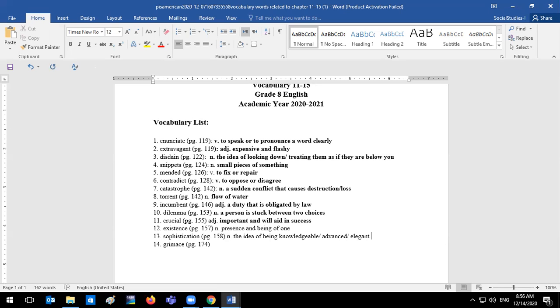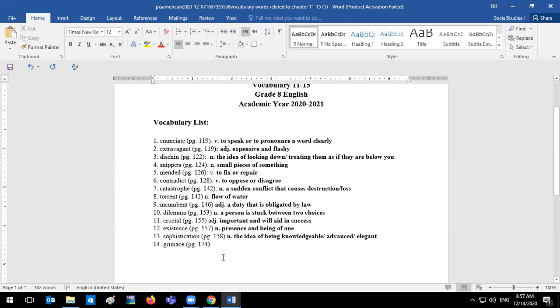Sophistication could refer to a person. It could even refer to non-living things. I've heard before devices or little technological pieces being called sophisticated devices. They're sophisticated devices because they are advanced. They have a lot of knowledge. A person is sophisticated when they are well educated, someone who works at a prestigious place, someone with lots of knowledge. This is what sophistication is.